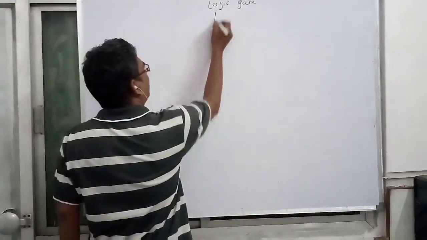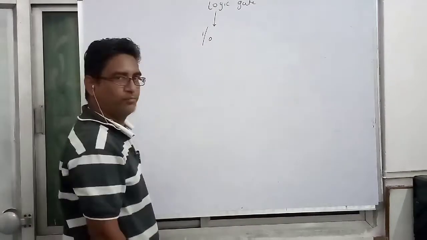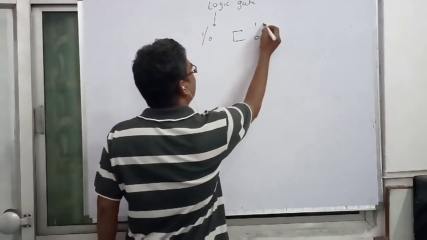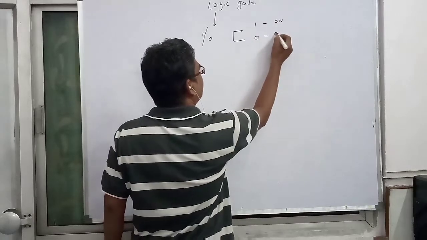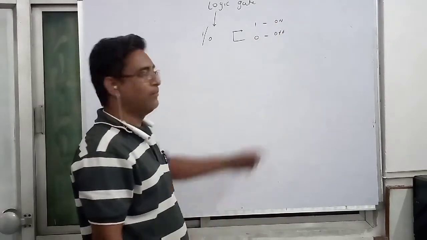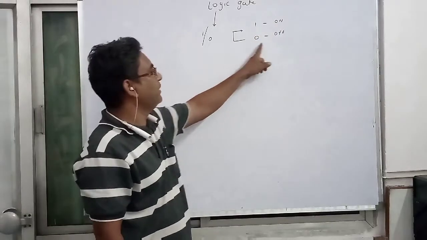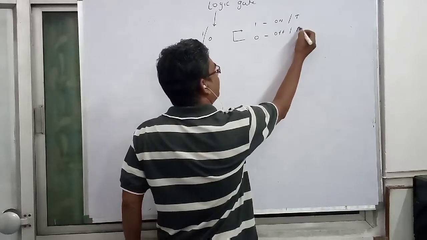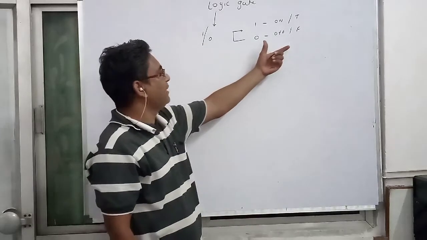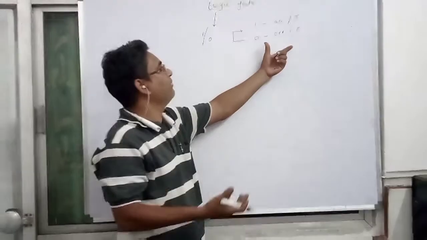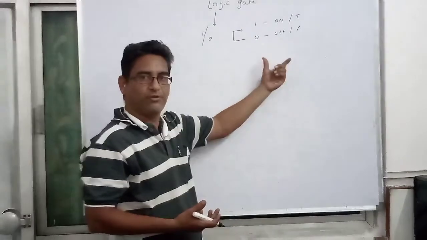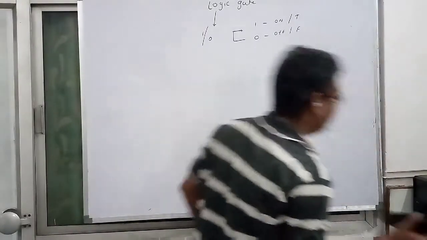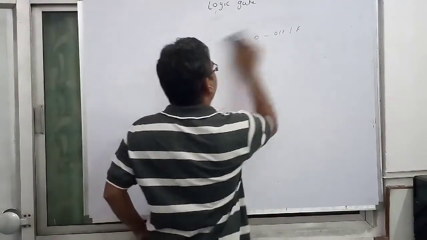Logic is nothing but a 1 or 0. Wherever we get the value 1 or 0, you may say it is in an on condition or an off condition. This 1 is treated as on, and 0 is treated as off. You may also write 1 as true and 0 as false, according to the problem, either 0 or 1 or true or false.